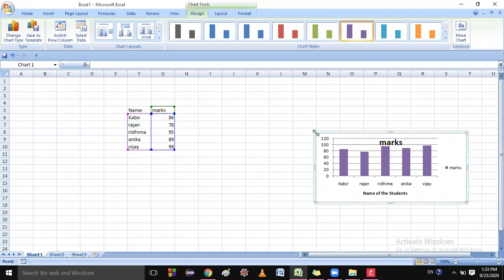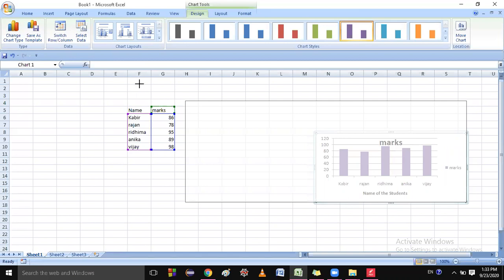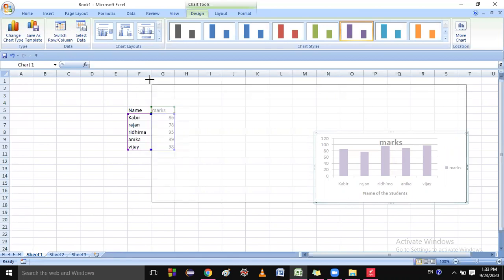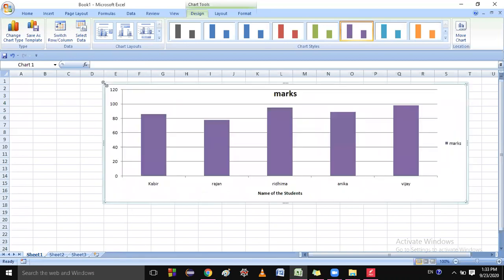Clear or not? Sir, yes. No. One thing not clear. Okay. Just go with your mouse to the corner side. You went on corner side? Yes. Okay. Double click and then move. Then increase or decrease according to your choice.